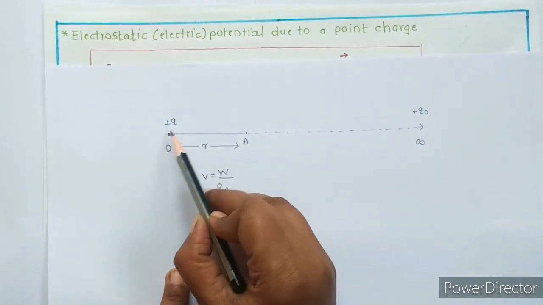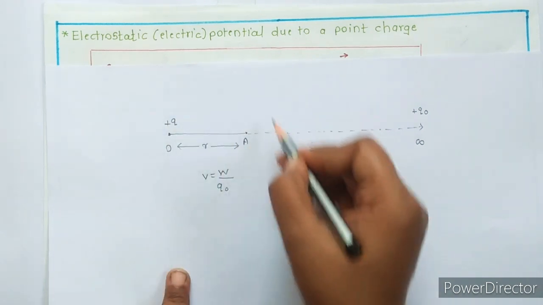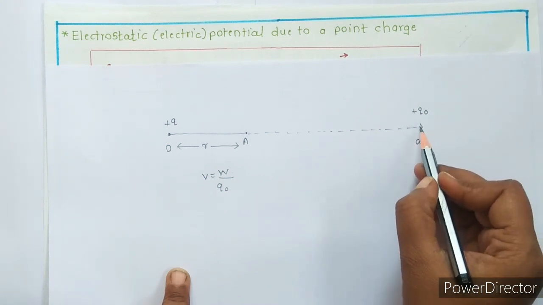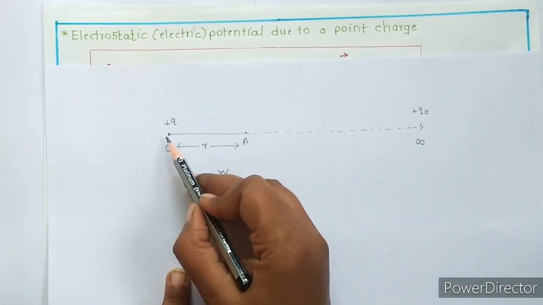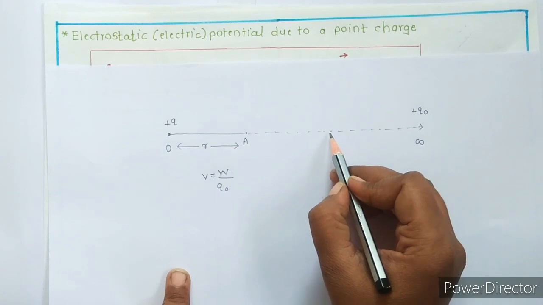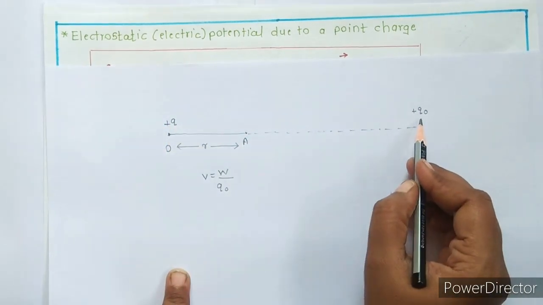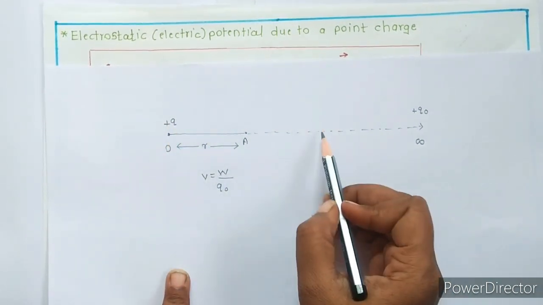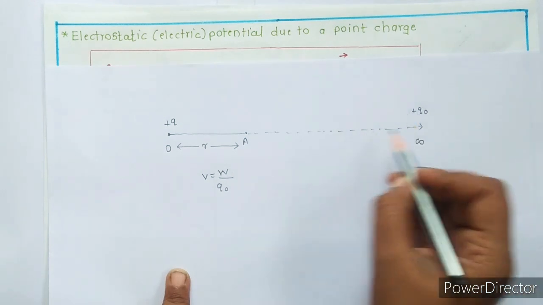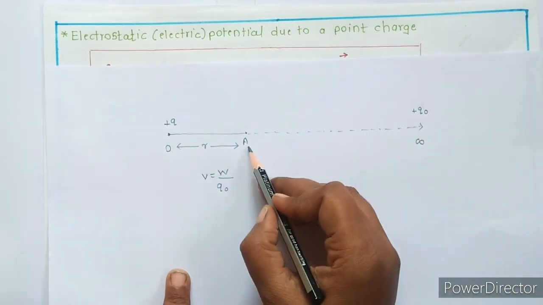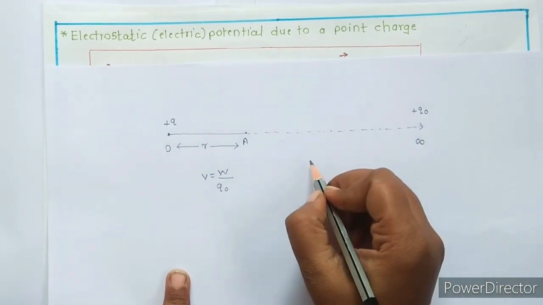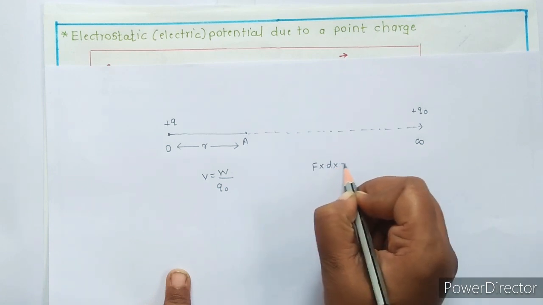Now as we know, this is a source charge, so it has its electric field, and the test charge situated at infinity does not experience any electric force, so it easily moves towards Q. But when it comes in the electric field of this charge, it experiences a force of repulsion, because this is a positive charge and this is also a positive charge, and due to that force of repulsion, it is displaced away from the source charge O. But I want to move this charge towards A, so I have to apply some force on it against the electrostatic force of repulsion, and due to that force there is some displacement, and as we know, whenever there is a force and displacement there is work done.